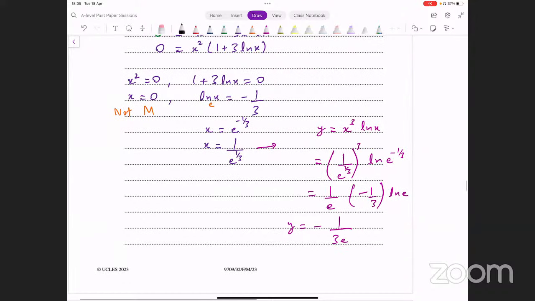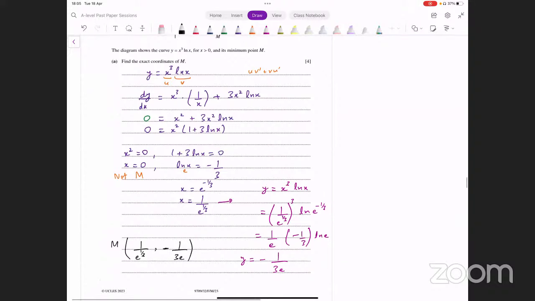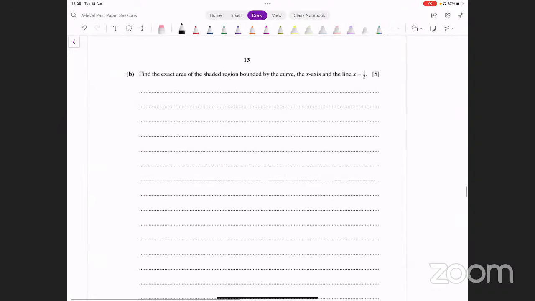So what are the coordinates of m then? The coordinates of m therefore turn out to be 1 over e raised to power 1 over 3 and minus 1 over 3e। These are the coordinates of the point m that we were looking for। Okay, that was the first part, that's the turning point, ये हमने निकाल लिया। Second part says find the exact area, again you'll have to find the exact value, decimals में नहीं लगता।